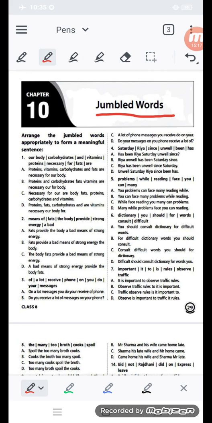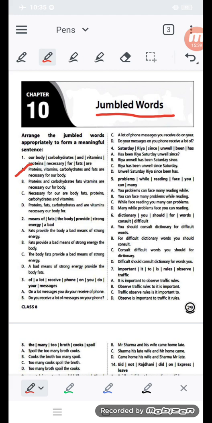Protein, fats, carbohydrate are. So when you read these options, see some disturbs are there. When some disturbs are there in the arrangement of the sentences, don't take this as the answer. So I am taking here only A as the proper arrangement. It is the correct answer. Let's read about question number 2.